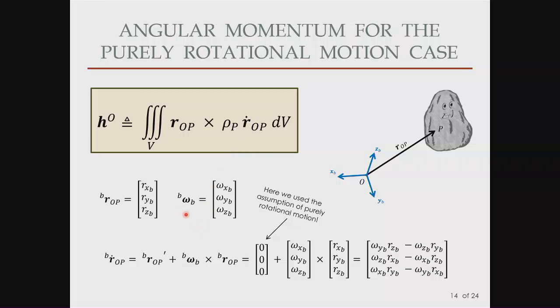What is this omega_B? It is the absolute angular velocity of frame B, but also of the rigid body, because they move together. They share the same angular velocity. So it's the absolute angular velocity of the rigid body and the blue frame as well, expressed in frame B. And these R_xB, R_yB, R_zB are the coordinates of